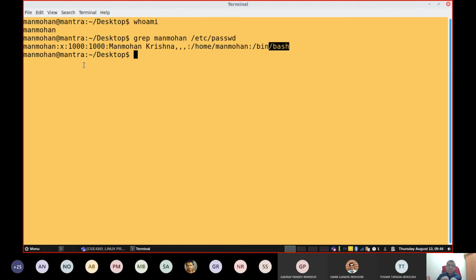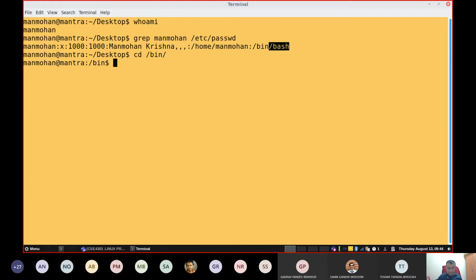Whatever we are now viewing, this dollar symbol, hash symbol, cursor, typing various commands, etc., is within the bash program. Actually, the bash program is running. The moment you log into a terminal, bash will start running. Bash is a terminal program. Now, if you go to the /bin directory, here Linux will store many different command files. Whenever you enter those commands, these programs will get executed. Bash is a program.